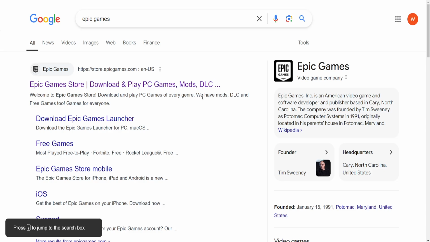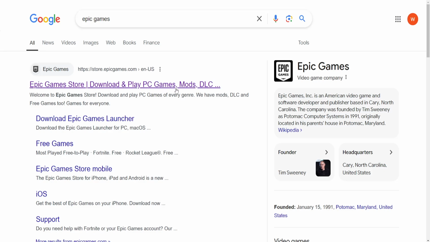I'm going to show you how you can change your Fortnite username on the Nintendo Switch. So you will need to use either a PC or a mobile phone to do this, but what we want